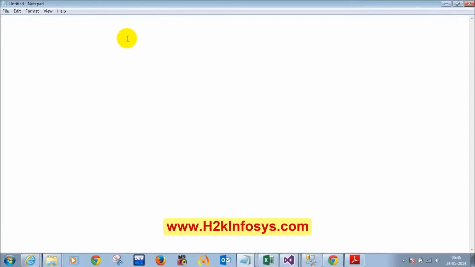For collections, each element will be an object. True or false? True. Right. Now, collections are not type safe. True. So it is true.